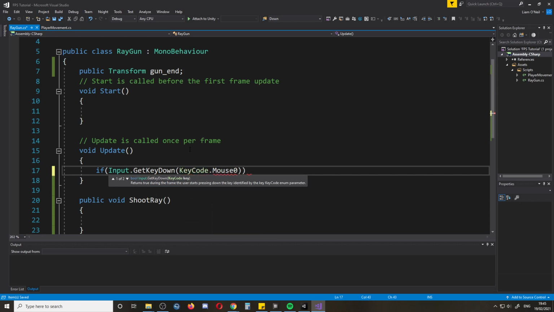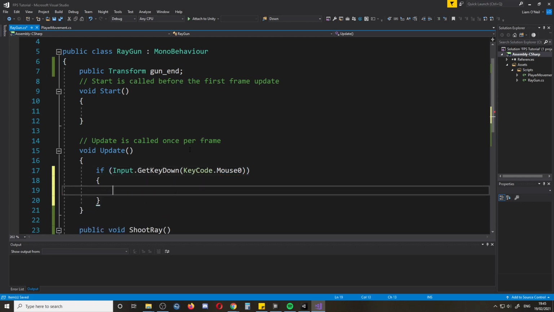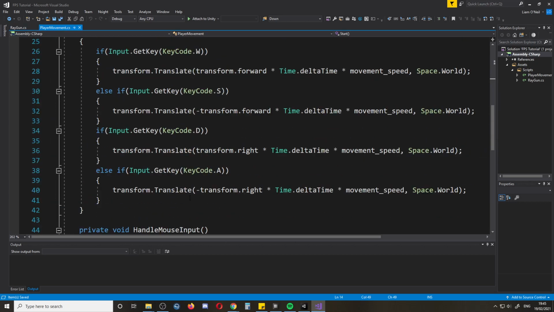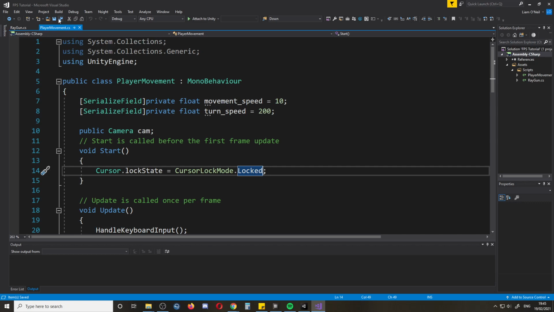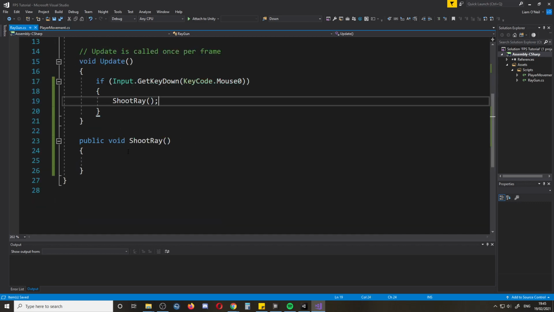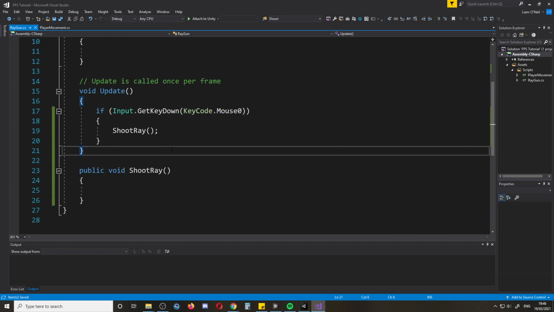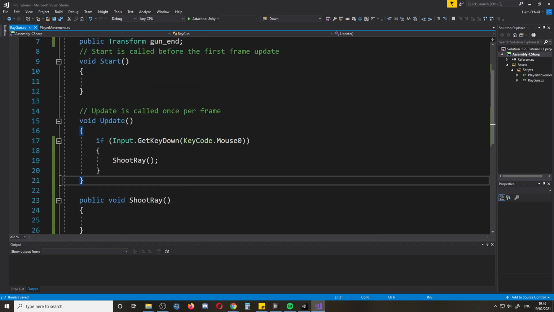Yeah, mouse 0. So mouse 0. I believe that's the left mouse button, and then you could just say shoot ray, and that will work. In fact, we'll just leave that there for now. But if we wanted to access it from the player, we would have to have this public. But we'll leave it public so that we can shoot it from elsewhere. Now,